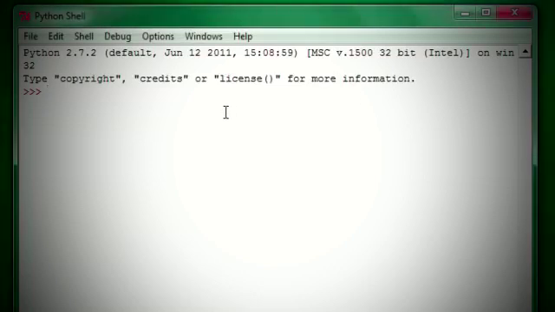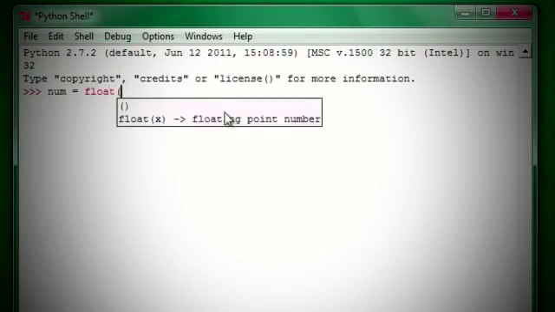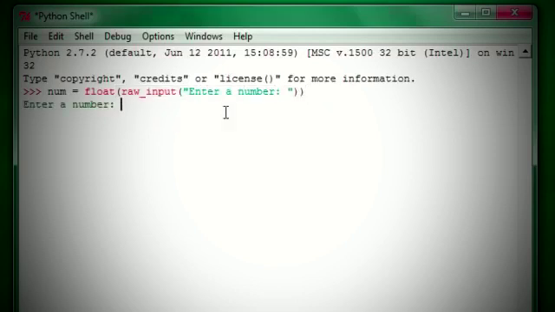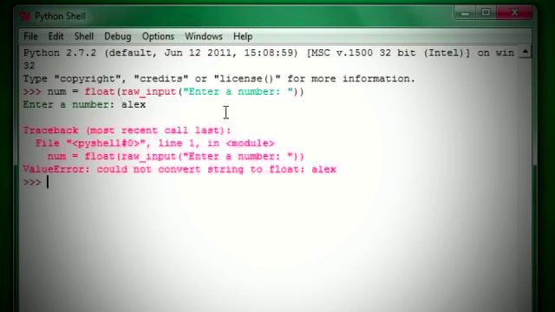So I'll just give you an example right here. If you were going to set num as a float type and you allow the user to type in something, say enter a number, and you type in characters instead, like Alex, this thing right here is called an exception, and it tells you what type of error it is, where the error is at, and why it couldn't